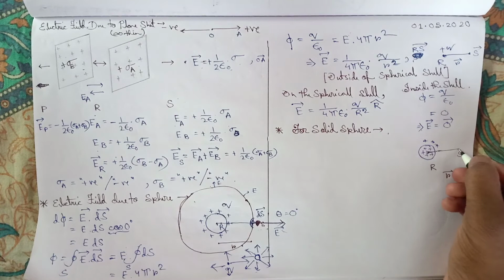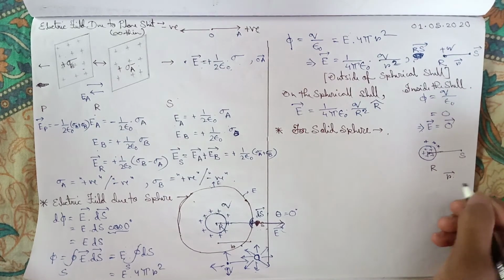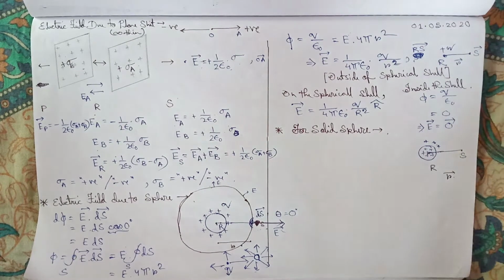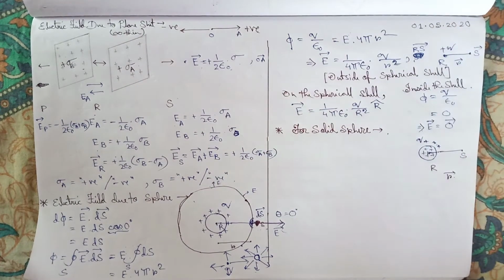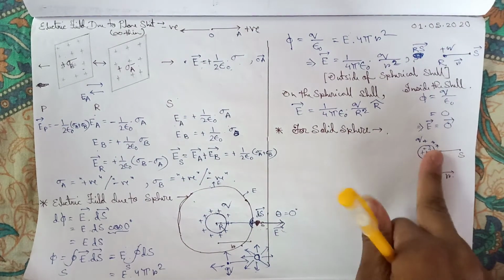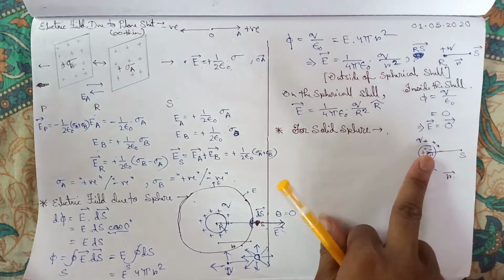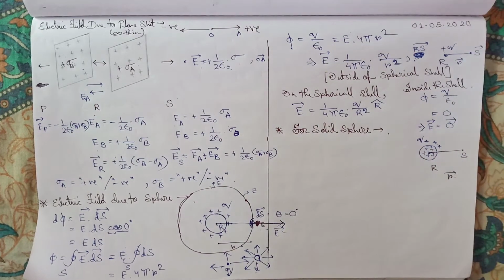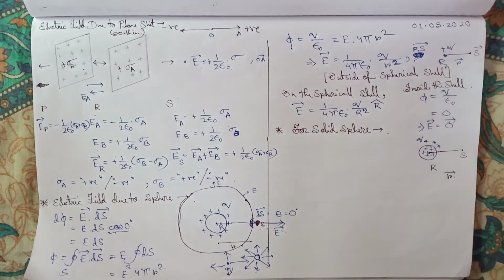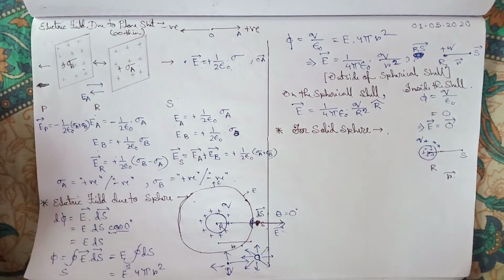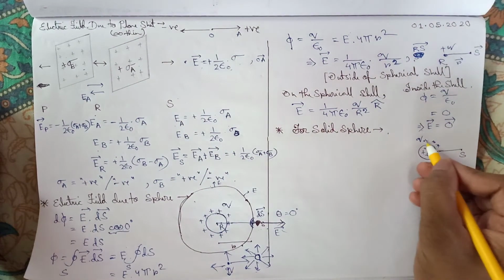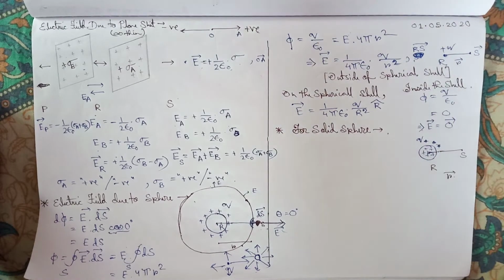So at this point S, we have to find out the electric field which is r distance away from the sphere, which contains q charge. For this sphere, or this conducting sphere, we are just taking a conducting sphere. We can take it as non-conducting also. Just a minute difference there, but still the approach is the same.